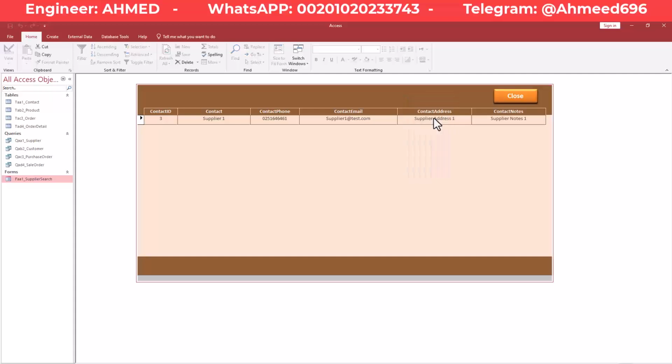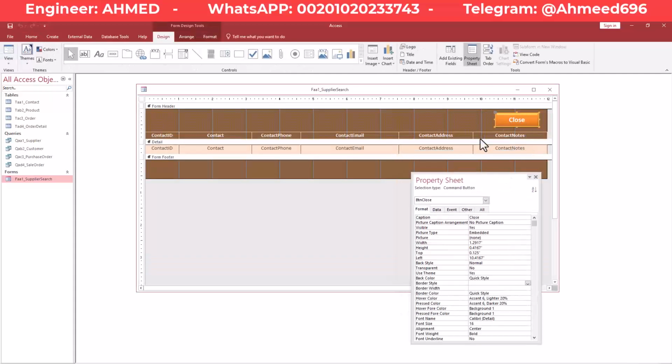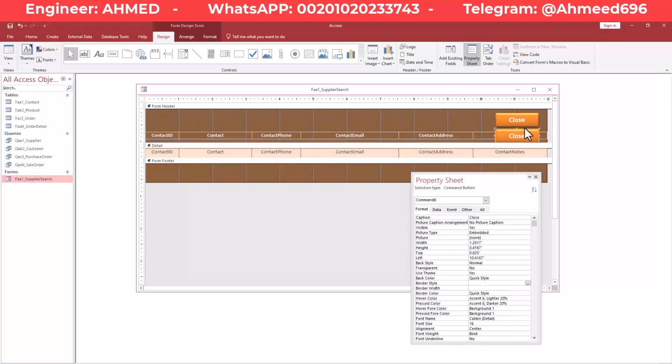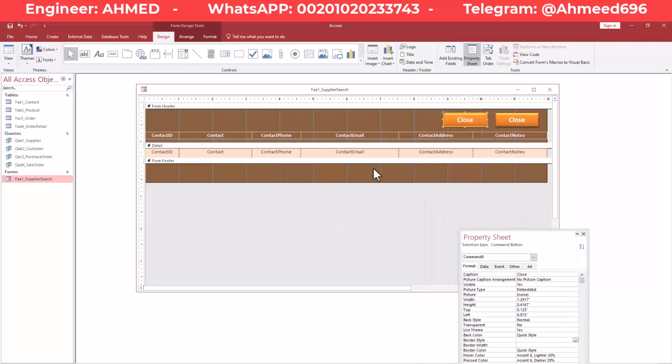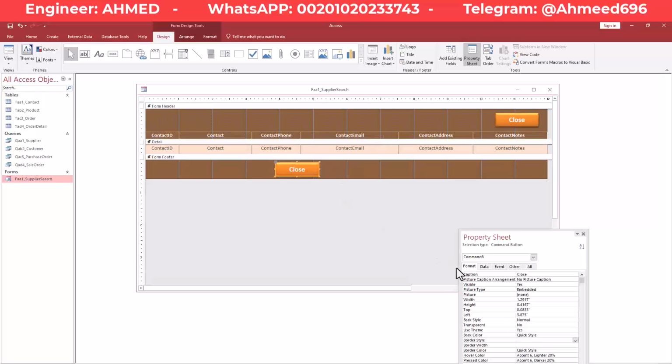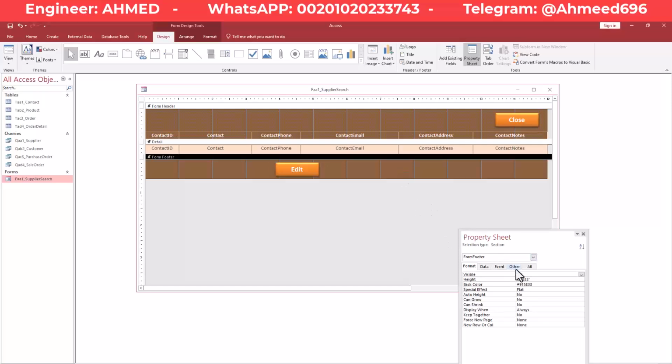So I will go here, design view. I will copy this button. I'll get it somewhere else. Maybe it could be better to have it down there. So this button would be edit,